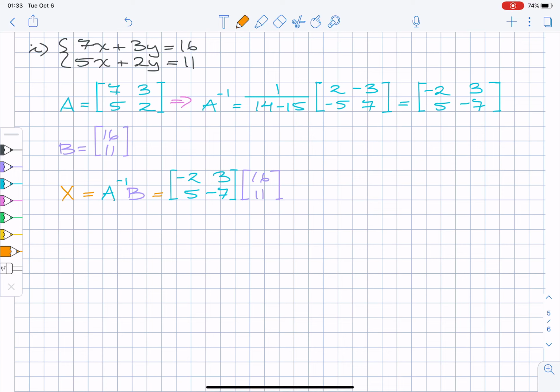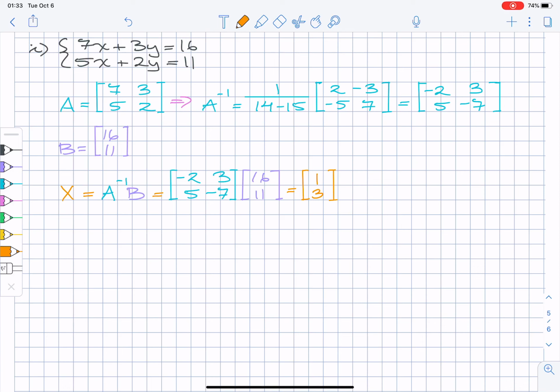Okay, so what do we get? So what we get then is negative 32 plus 33. It's going to be 1. And 5 times 16. 5 times 10 is 50, and 5 times 6 is 30. So 5 times 16 is 80, minus 77. So 80 minus 77 is 3. So this is x, which is actually